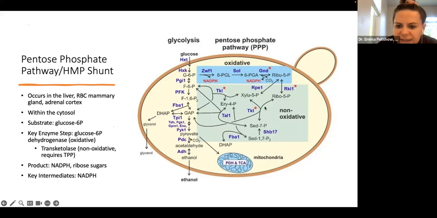Ribose 5-phosphate transketolase. So taking us essentially multiple different ways. You can see it's kind of going all over the place here, but transketolase can take ribose 5-phosphate and can go back to fructose 6-phosphate. So it can go from here all the way up through here. They're kind of like all these crazy steps.